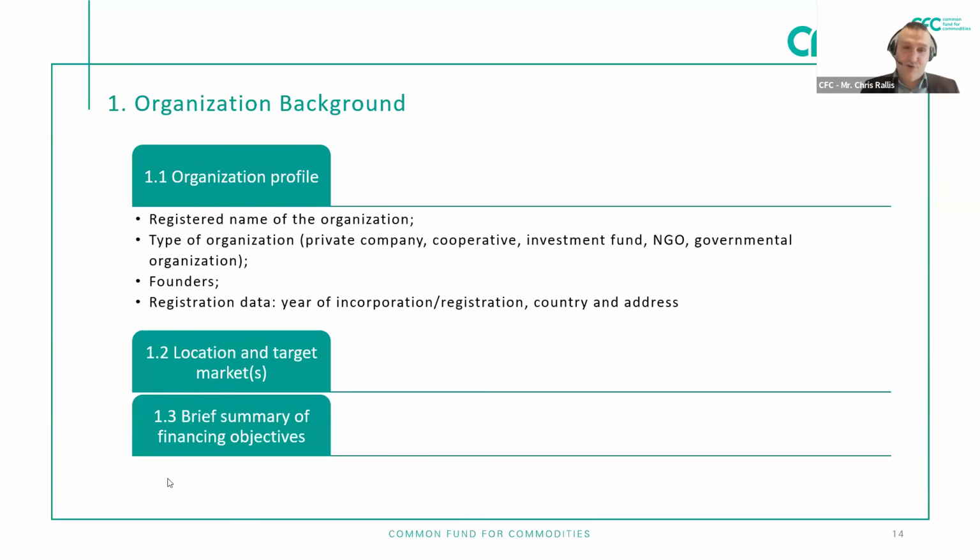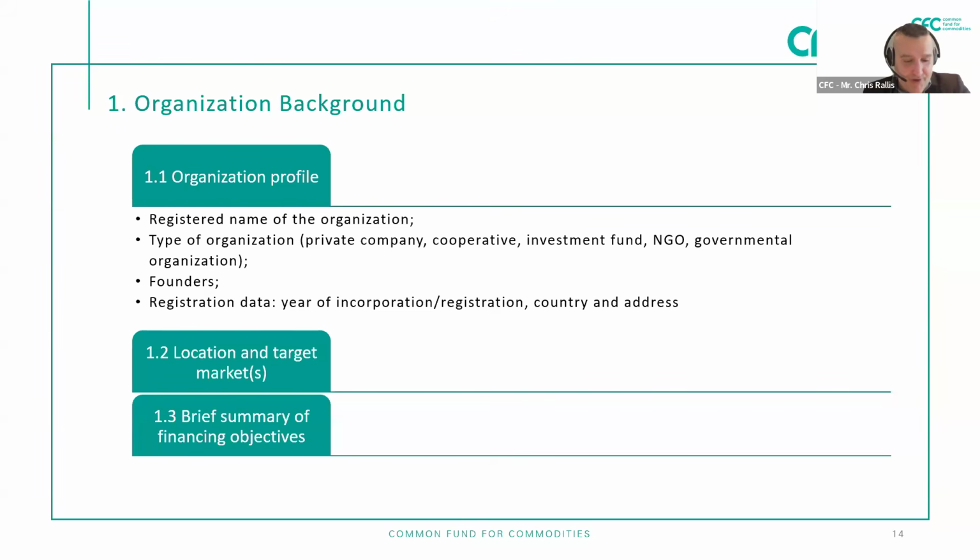Now, the second rule, which is connected with the first principle, is that if you are saying that you have matching funds, those funds should be visible from your financial statements. What that means is, for example, if you are telling us that you have loans from local or international financial institutions, we should be able to see those in your balance sheet. Also, if you are planning to use earnings as matching funds, we should be able to see that in your projections.